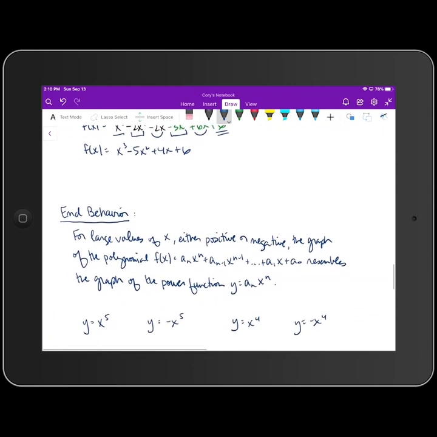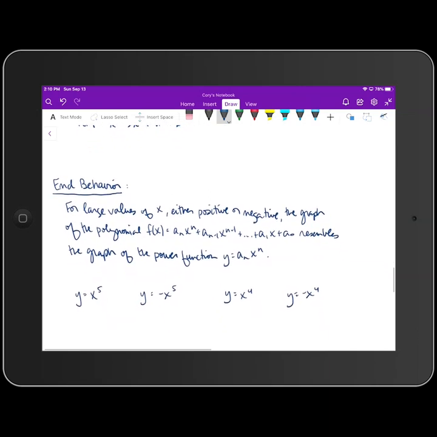Okay, one more thing to talk about, and then we'll get into our final set of examples, which I'll do in the last video. The last thing for us to go over is end behavior, which says that for large values of x, either positive or negative, the graph of the polynomial, and I just wrote the general form of a polynomial,